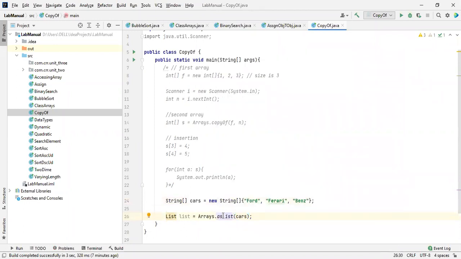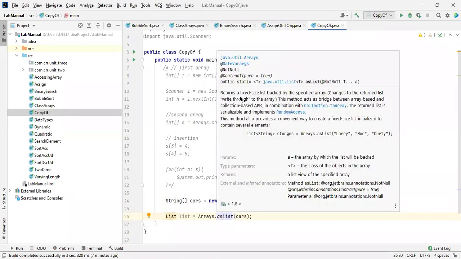So if you want to know about this, see, asList returns a fixed-size list backed by the specified array. Specified array means the cars array. We are going to consider all those things. So why did they mention a T over here? This is a wrapper class. In your final year, you are going to get this topic. The first unit is completely based on wrapper classes, wrapper methods. So if required, I will explain in the necessary way.